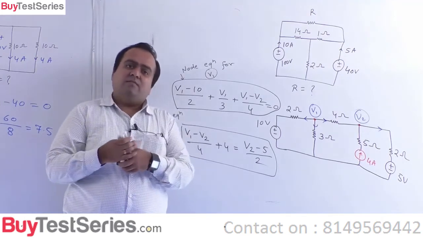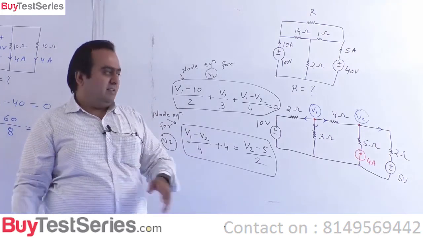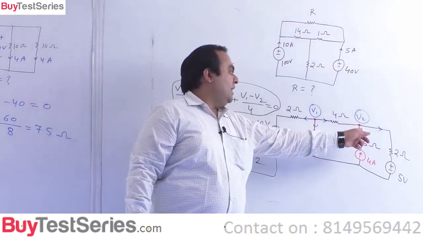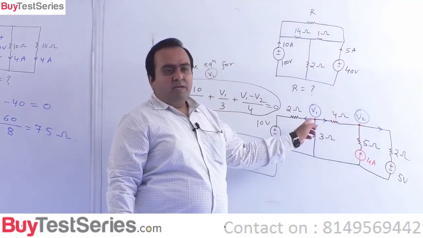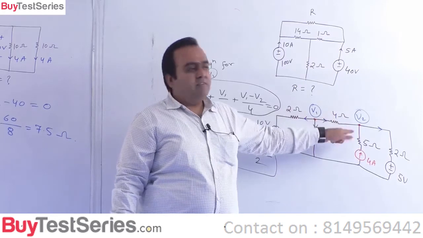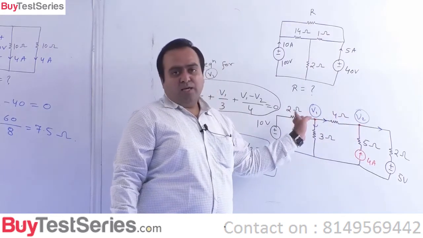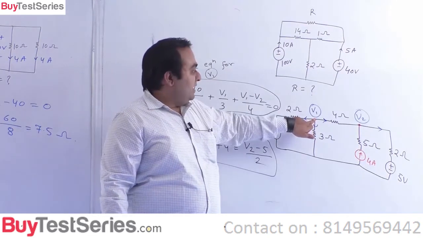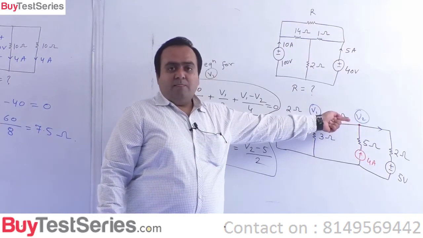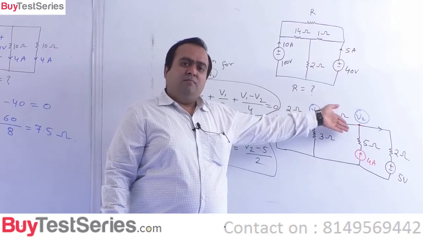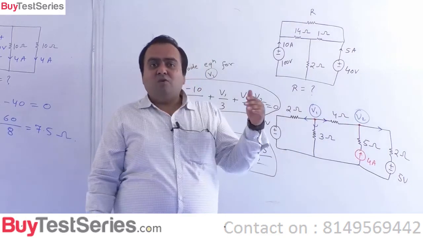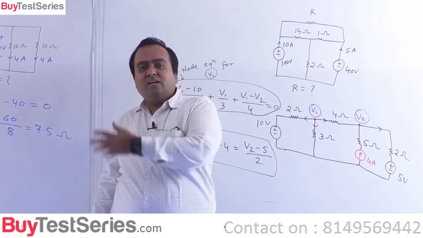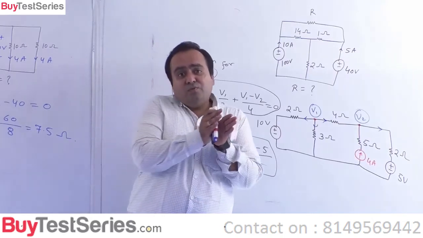Some authors have also given this practice that when you are writing it here, you write it V2 minus V1 by 4. Means when you are writing here, you take it outgoing. That can also be done, even that's not a problem. But जब हमने V1 के ऊपर इस डायरेक्शन को फिक्स कर दिया, तो V2 पे लिखते समय भी उसको हम फिक्स ही रखें. What is outgoing for V1 is anyway incoming for V2, and since it is flowing from V1